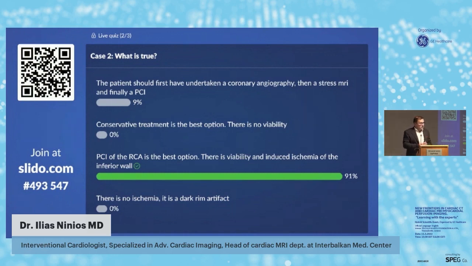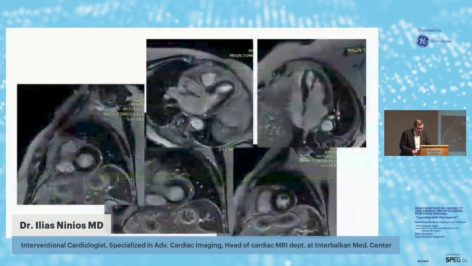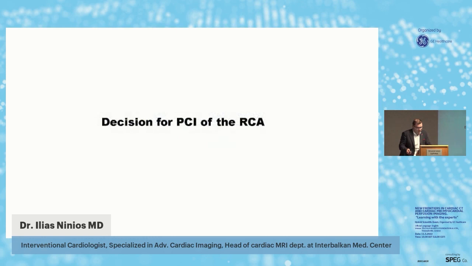Of course, that's a question why we performed CT coronary angiography first, but it was not our decision. The physician decided also to take a look at the lungs because she was an ex-smoker, and the lady was not so fanatic for invasive angiography. But of course, another good option would be a stress MRI. And PCI of the right. And the third case,